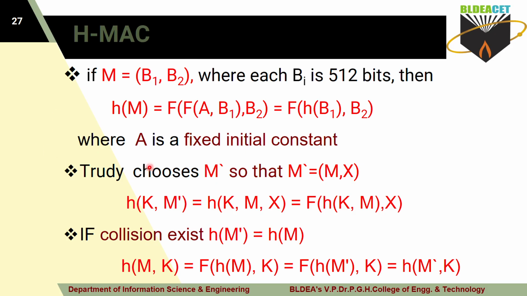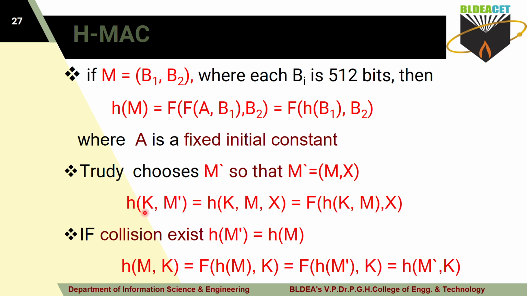Okay. So this concept is known by Trudy here. Trudy knows the function, how the Tiger hash function works here. So in place of this M, once again Trudy will play the game of the attacker here. Trudy is the attacker. So once again what will Trudy do now? Trudy will use the message M dash. It is the evil message. So that M dash is equal to m comma x here. What are m comma x here? Your original message and the next message here.